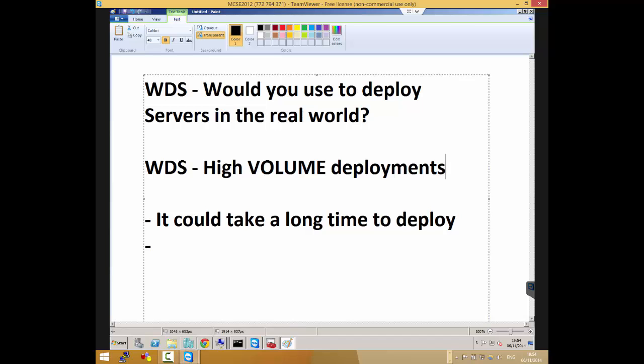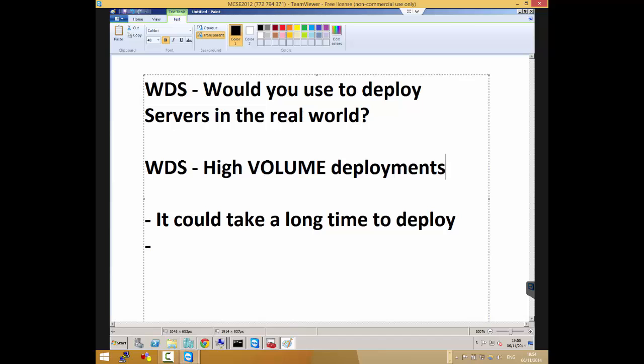But if you think about it, for every server in your environment, you have maybe 100 clients. So you don't really have high volume. Usually you get a project where you deploy maybe one server, maybe five of them. Maybe in a global company you deploy one per region and then make them highly available. But you hardly get the chance to deploy 50 servers at once in a room. But you could do that with clients.